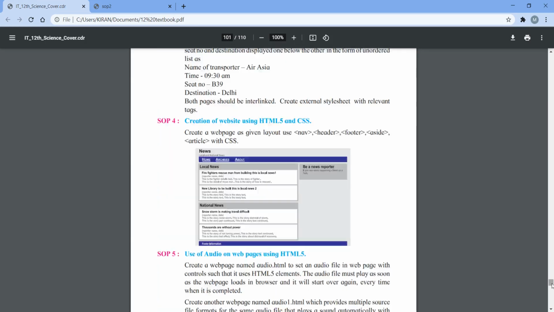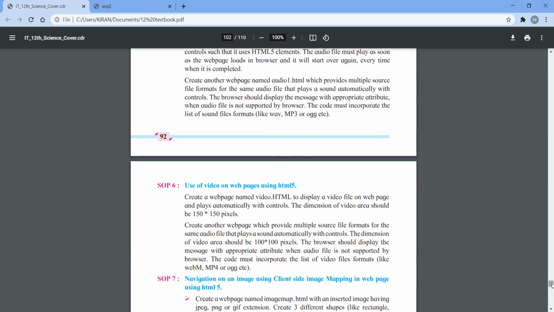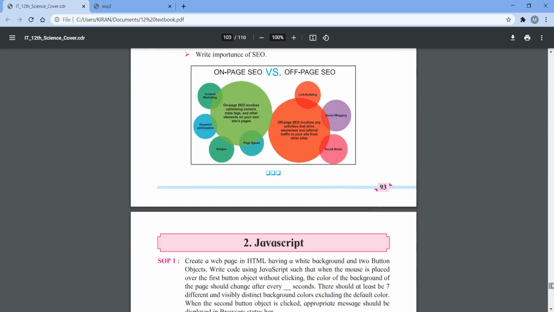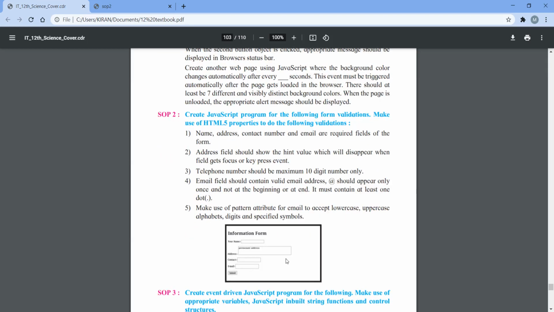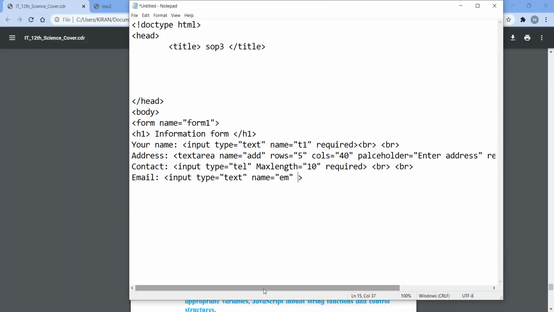Let's see what conditions they have given for the proper email. Okay, next page. See here, make use of a pattern attribute for email to accept lowercase, uppercase alphabets, digits and specified symbols. Means what symbols can be included in an email, that we have to define in a pattern attribute. So I will use here pattern, and I will first write a syntax and then I will explain.